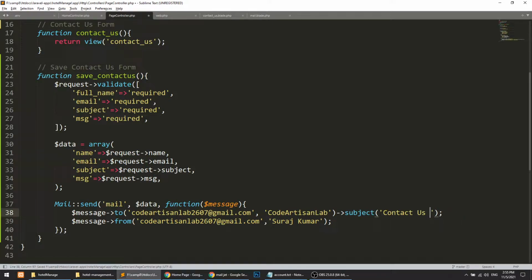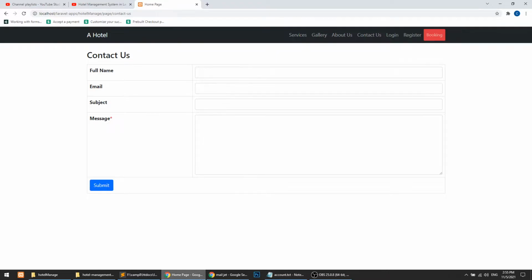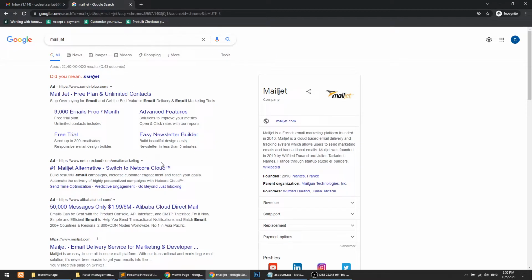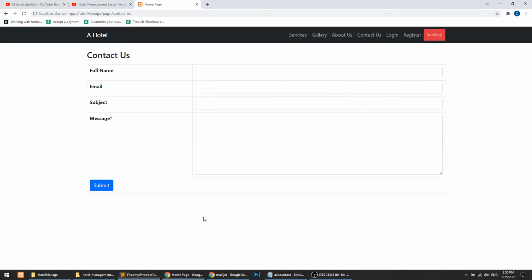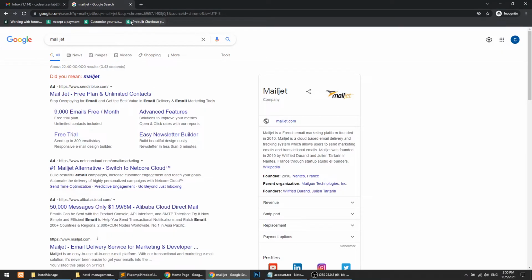For the from section, you have to register on the Mailjet website and create an SMTP, and remember that you have to use that email ID here. I hope you understand. So Code Artisan Lab, and this will be Suraj Kumar. I'm sending the mail from Code Artisan Lab, and this mail is registered on our Mailjet website.